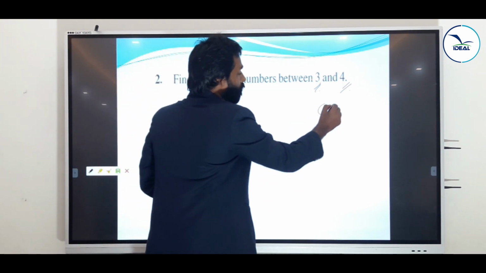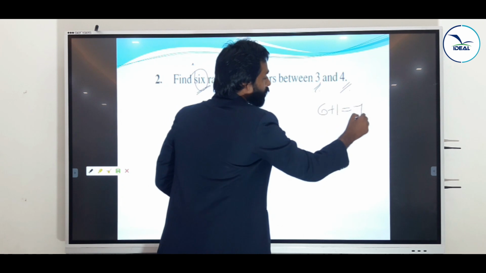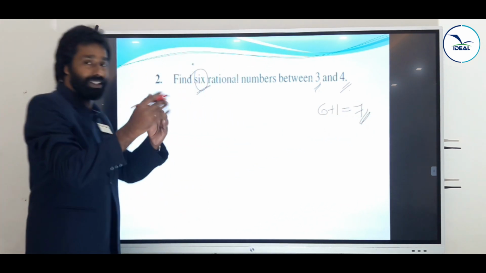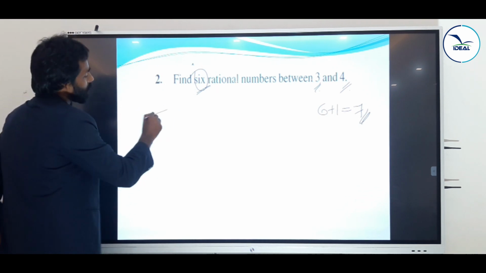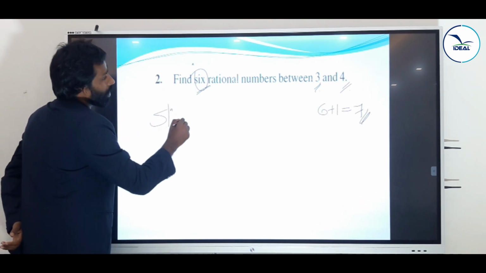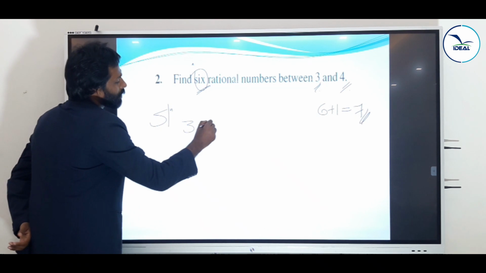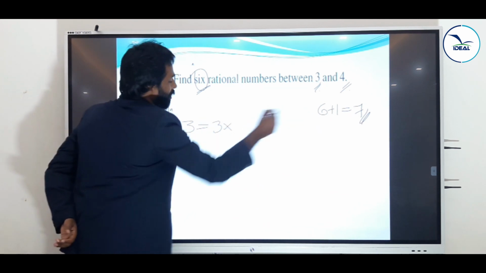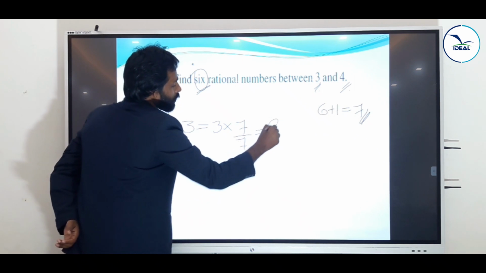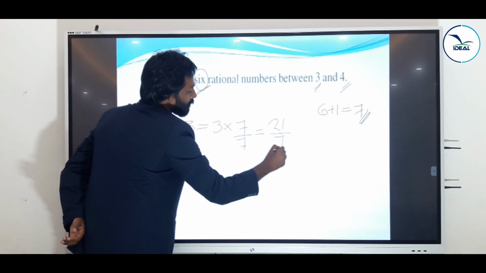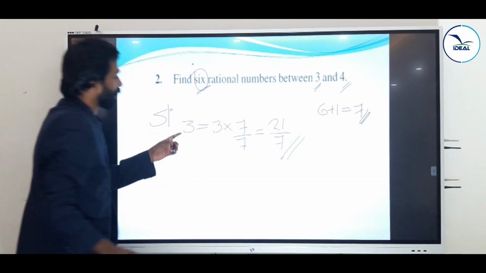Therefore, we can write 6 plus 1 equal to 7. Why this 7? With this 7 we have to multiply these numbers. So its solution is, 3 we have to write as 3 into 7 divided by 7. So we'll get 21 divided by 7. So 3 we have written as